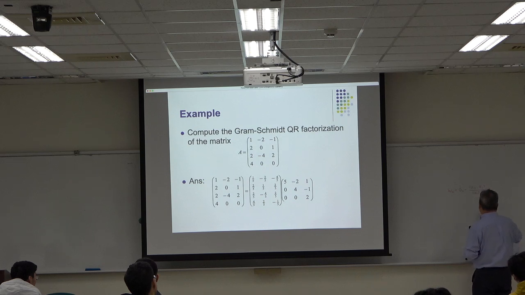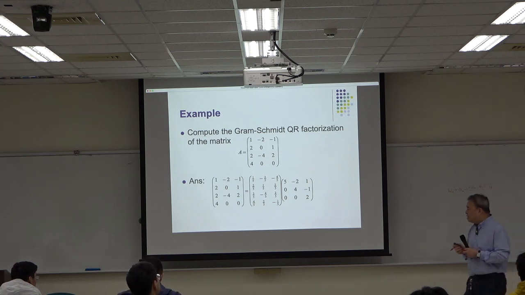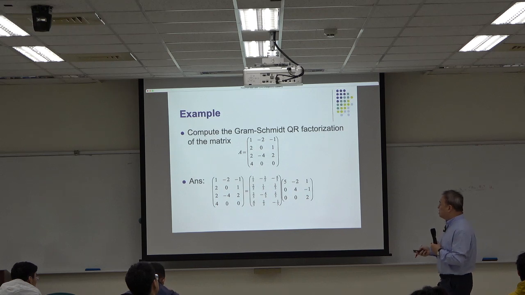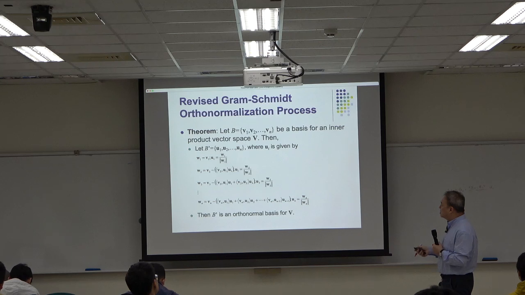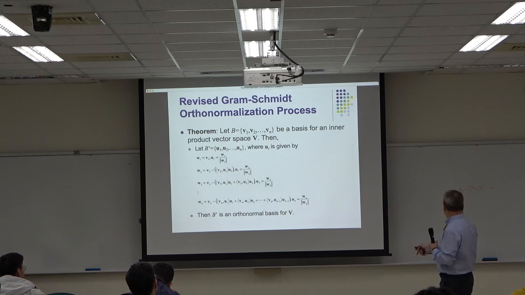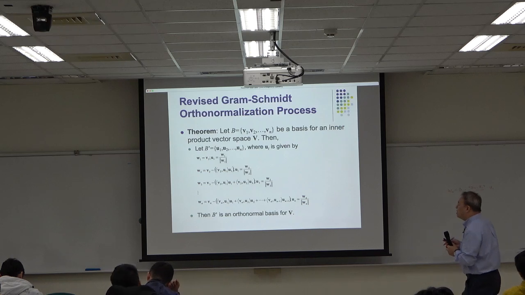Or put another way, this is U1. Let me double check. V2 is A2, A2 times U1, U1 times